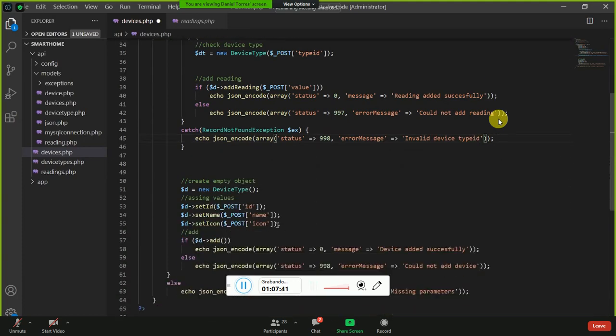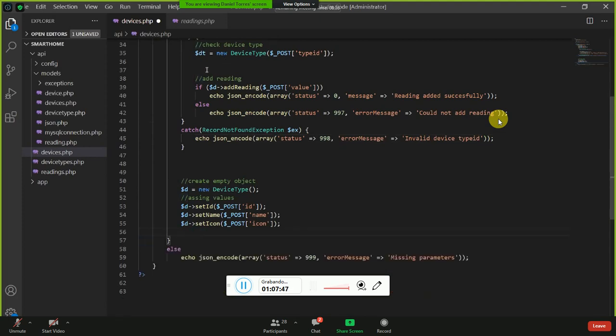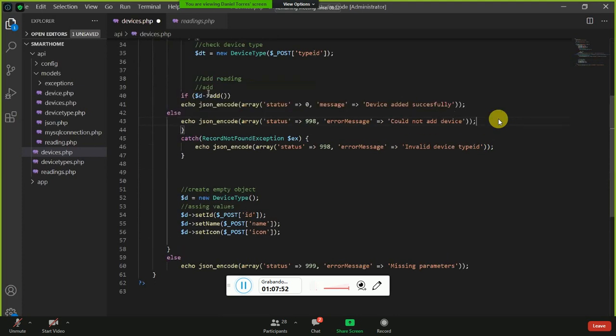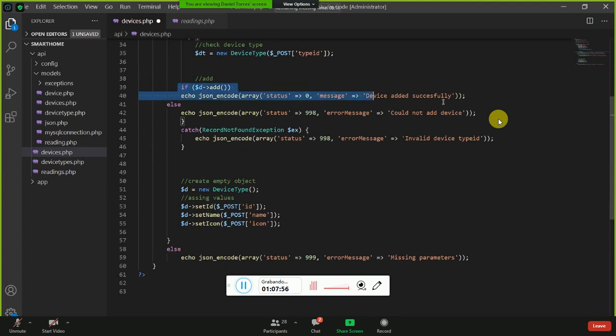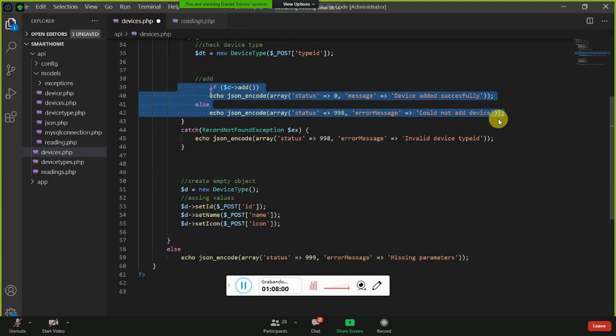Okay. Then I'm going to take. And this part is the same. Like I said, very, very repetitive. So device added, cannot add device, and